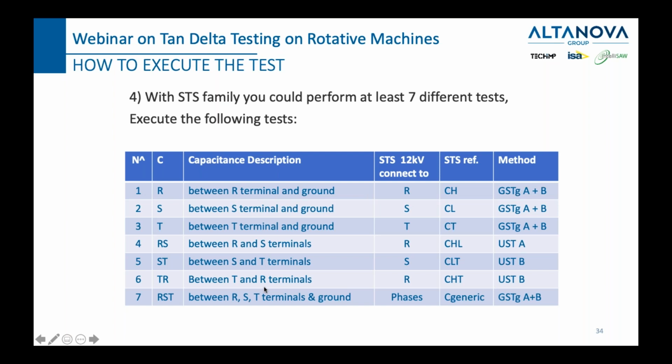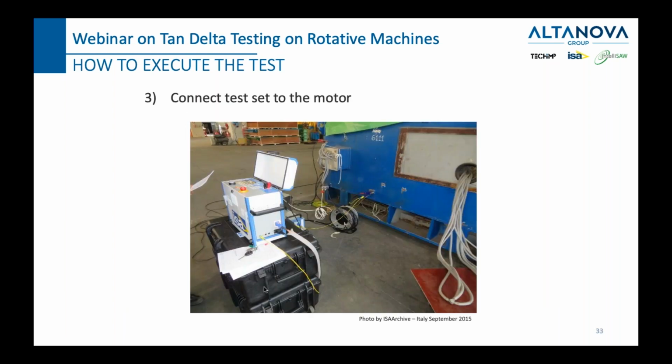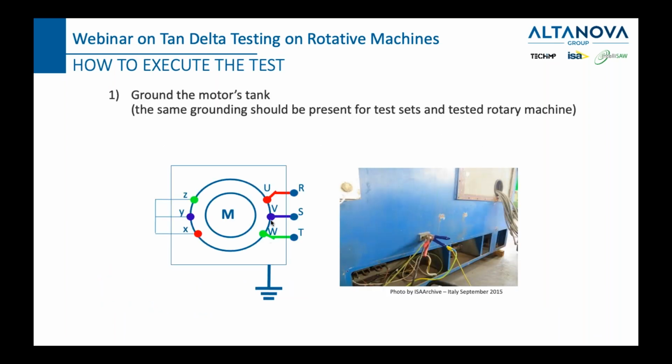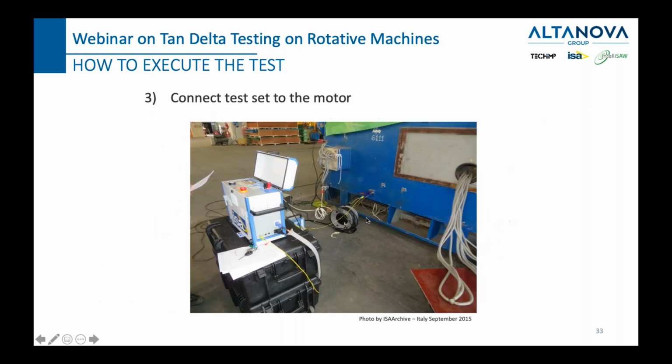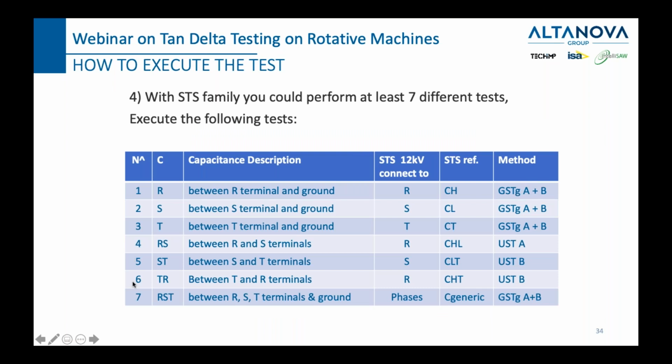If you cannot remove this connection, then you will be doing just test number 7. If you can, like we did here, you will be doing tests 1, 2, 3, 4, 5, 6, 7. And some might ask, why do I need 7 tests? Well, maybe you don't. Maybe you just need 1 test, and if you cannot open the starter point, you will